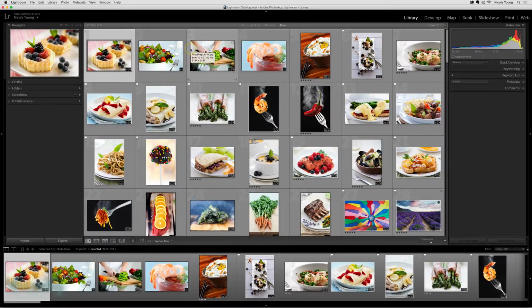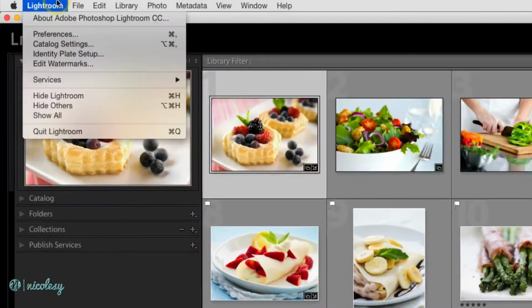If you have a large Lightroom collection, you may find that from time to time things start to get a little bit slow. Things like your computer hardware, your memory, your RAM, all of these are going to come into play, but there's also another setting that you may be overlooking that may help improve the speed of your catalog when you're using it. To access it, go into your Lightroom Preferences